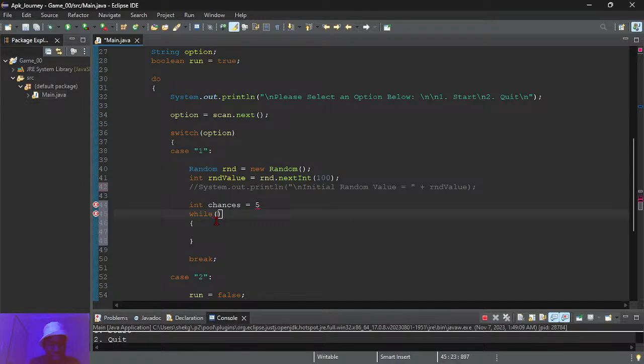While chances is greater than 0, or greater or equal to 0, then we do the following inside this thing.